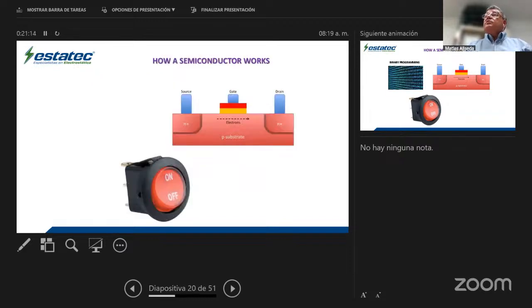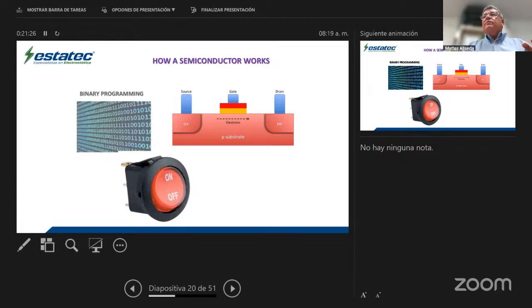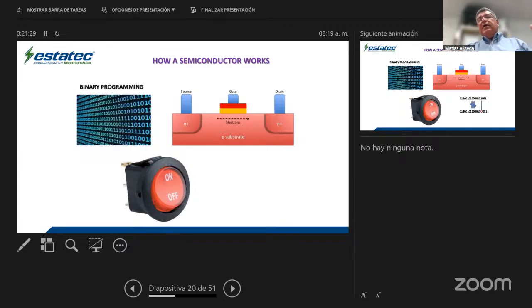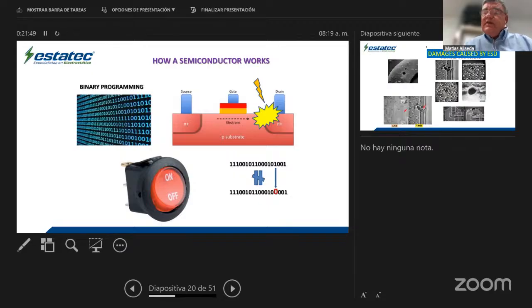Okay, how does the semiconductor work? You know much better than me, but we have the source and the gate. It works like a transition on and off, which means you can program the semiconductor. Sometimes it is a conductor, sometimes it is not. So it's 1 0 1 0, on off. But what happens if something changes in this programming? The product will start doing something else. That means we can generate a spark inside the transistor, and that comes as a failure, catastrophic or latent.